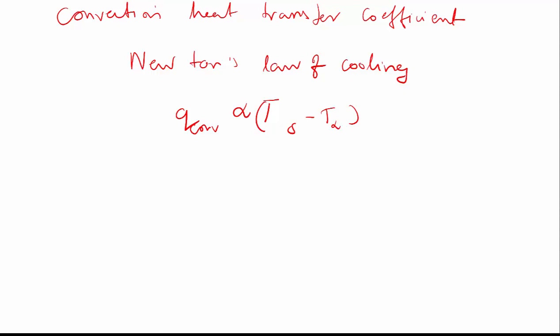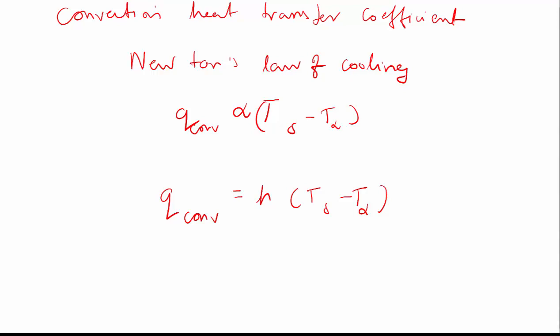Instead of a proportionality constant, I can substitute one constant. Q convection is equal to h, with small q, not capital Q. Small q means heat transfer per unit area, then only I can cancel the A term in that equation. Then q equals h times (Ts minus T infinity). Here Ts is the surface temperature of the plate and T infinity is the ambient temperature, which is the environmental temperature. h is the proportionality constant, which is named the convective heat transfer coefficient.